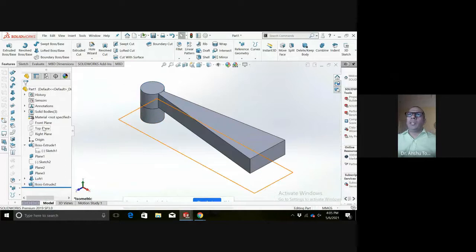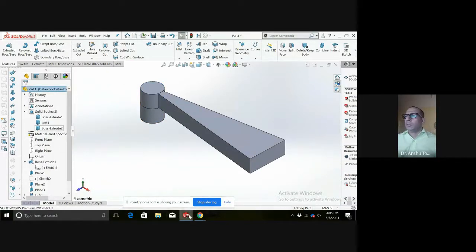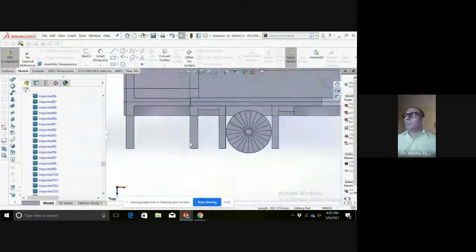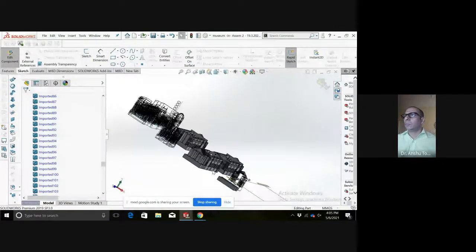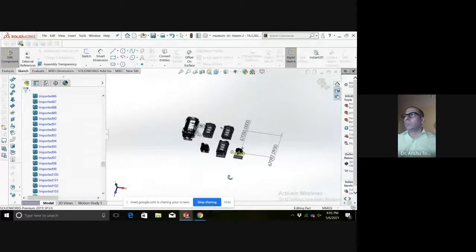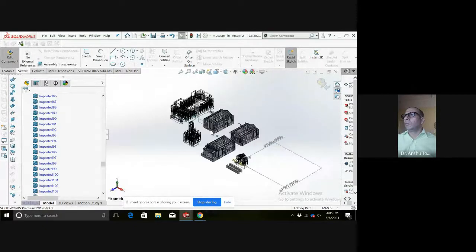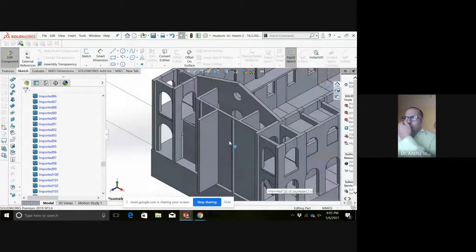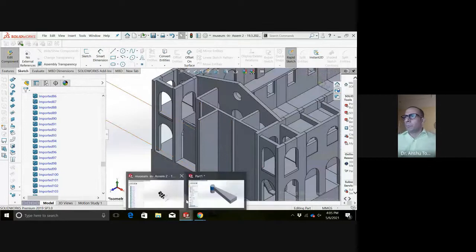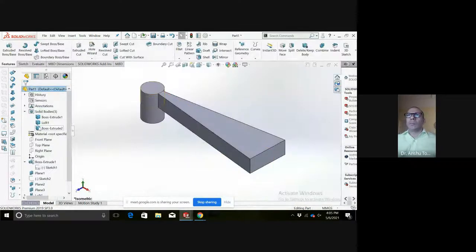Now I will copy this solid body. How many times I want it? I will combine it.